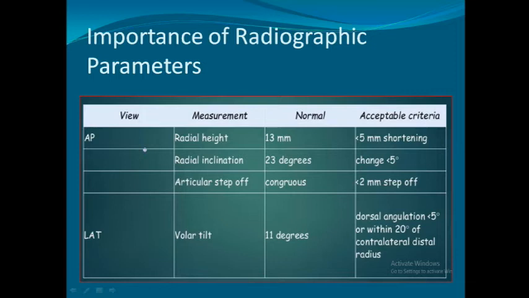So these are some of the things you may find difficult to remember. So just remember what the radiological parameters are, all those 4 parameters. It is very simple, you can remember what those are, and their normal values. Okay,